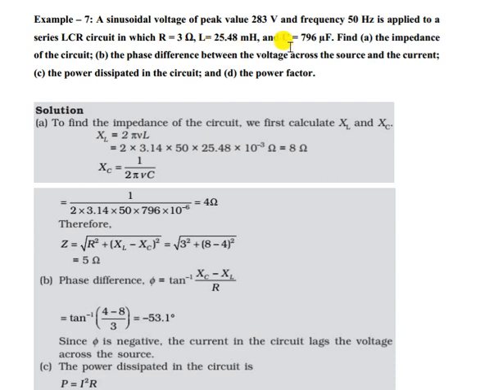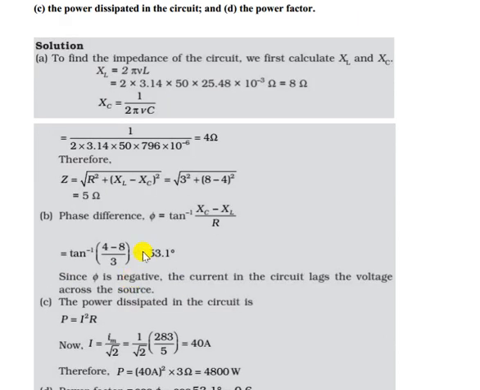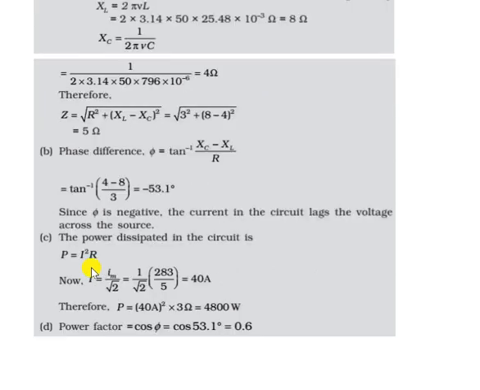Say for a problem we have R, L and C values, voltage and frequency, and we need the impedance of the circuit. To find the impedance, you have to find XL, which is 2 pi FL, and XC, which is 1 by 2 pi FC, that is omega L and 1 by omega C. We got these two values. Here XL is greater than XC. So Z equal to root over R square plus (XL minus XC) whole square. So we got the value of Z. The phase difference you can find as tan inverse of (XC minus XL) by R. That is lagging. Here this value is negative and XL is higher, so it is lagging and phi is negative.